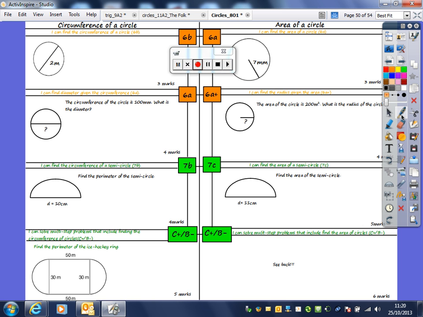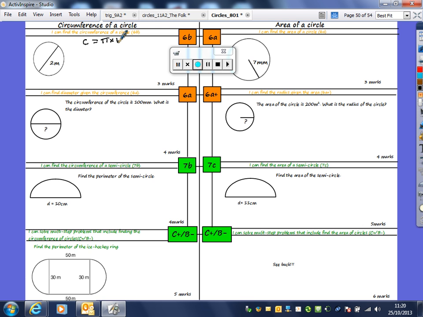Whenever we're looking at circumference or the edge of the shape, which is perimeter, then we're using the formula to find the circumference of circles. If the circle's in there, you're going to be using the formula circumference is equal to pi times by diameter. In this case, the circle has a diameter of 2 meters. Therefore, to find the circumference of that, it is pi times by 2, which is 2 pi, which gives us